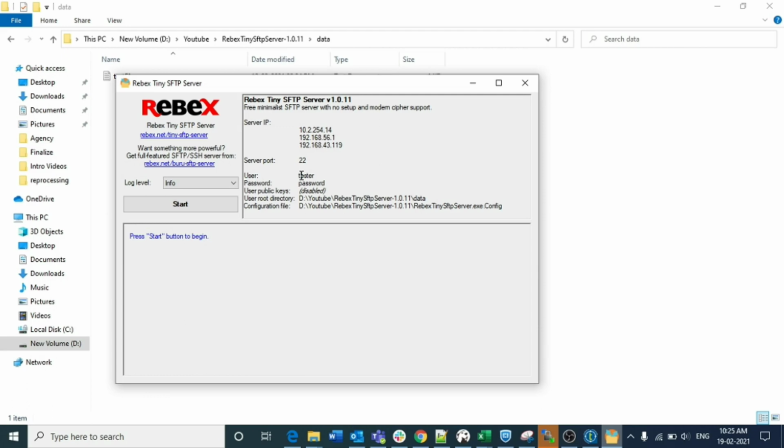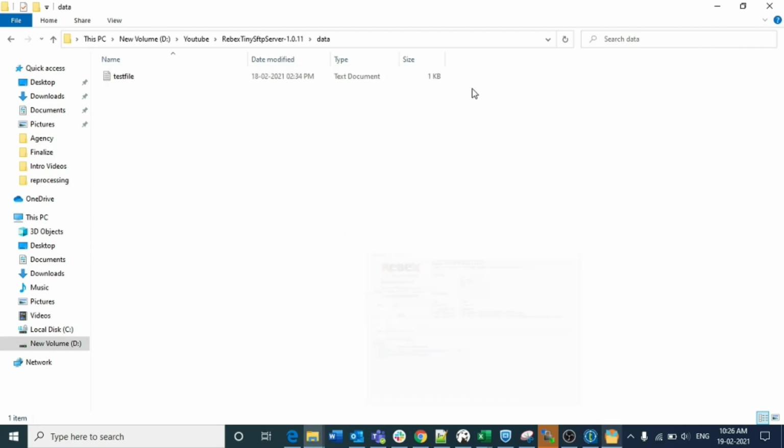After some research, I found this and I am using it now. If you want to start the server, just click the start button here. When you click this, all these ports are started. First of all, it is starting the server and listening for connections, and then the server is started. This is how the SFTP server is started now.